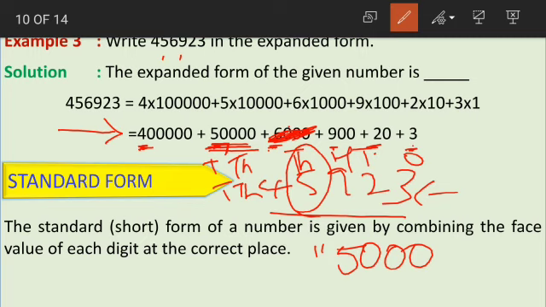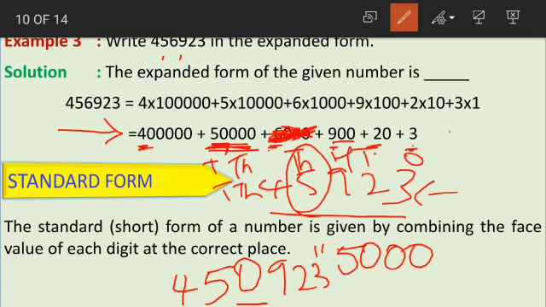Now what should come in thousands place? Here there is no number given for thousands place. We are having 10,000s and then we are directly having 100. Right? We are having no number for the thousands place. In such cases, what do we do? We place 0 when we have no number for a given place value, right? We use 0 to show nothing. So we have to write 450923. What should we write, children? We should write 450923.